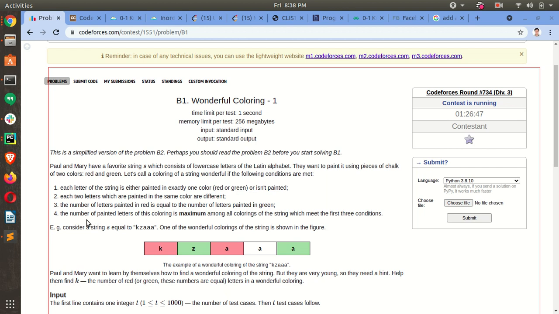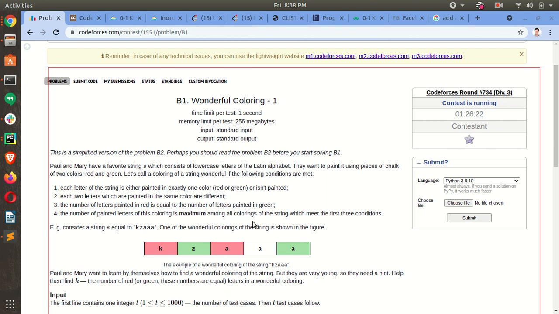Now the fourth is that the number of painted letters is maximum among all colorings of the string which meet the first three conditions. So these are the four conditions. Read and understand the fourth statement properly: the number of painted letters of this coloring is maximum.